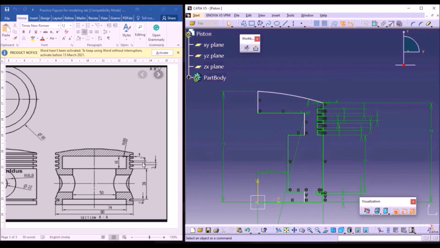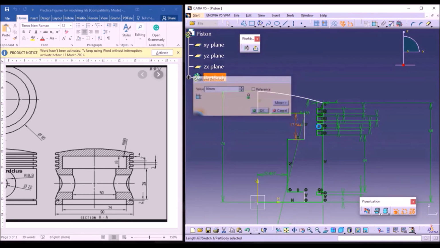Just see whether we have given the exact distance or not. So as the distance shown is 16, now I have this coincident option with this horizontal line. Just remove this coincident option so that it can vary the distance like this. Now give the vertical distance and change it to 16.